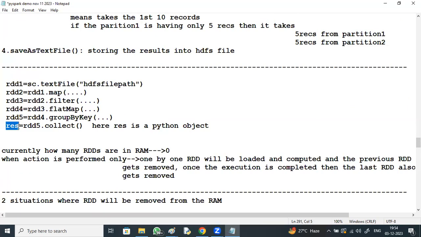to a Spark object by parallelizing. Yes, that is the second way. The third way, which we have already discussed: on an RDD, if you perform any transformation, the result is also an RDD. So, three ways. First, whenever you load a file. Second, on an RDD, if you perform any transformation, the result is also an RDD. Third, once you have a Python object as output, if you want a Spark object, an RDD, then parallelize it and you will get the output as an RDD. These are the three ways.